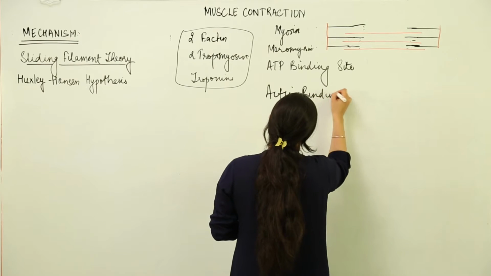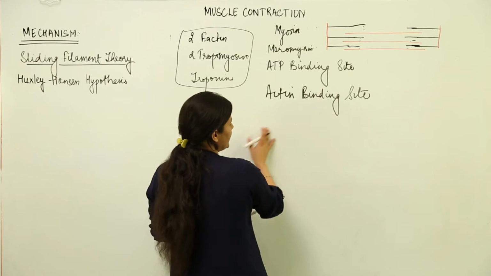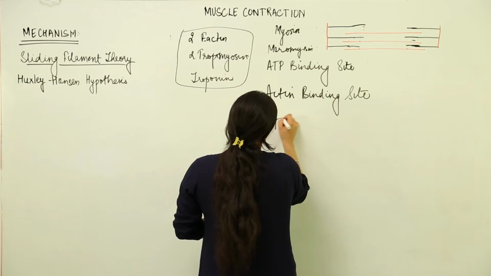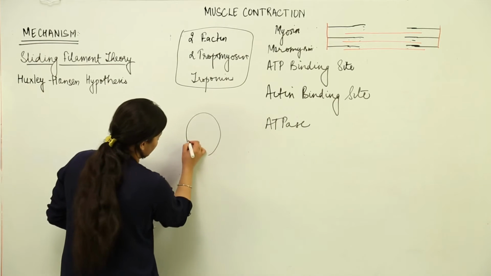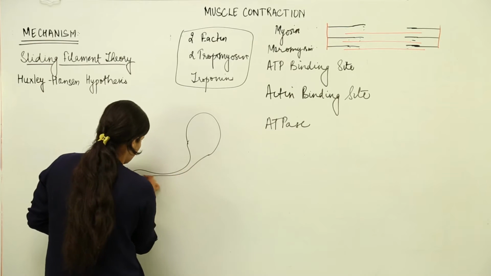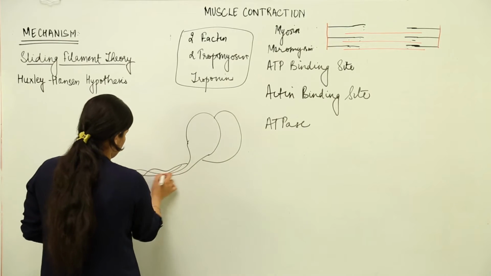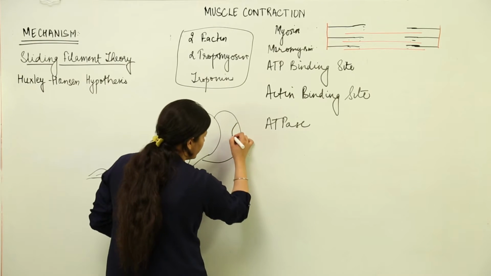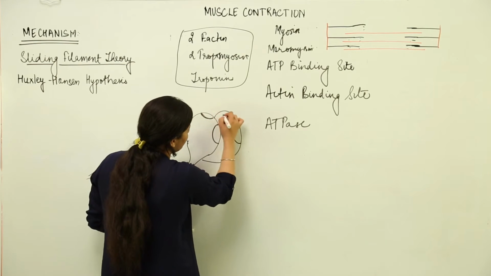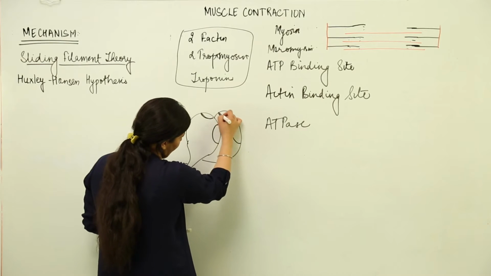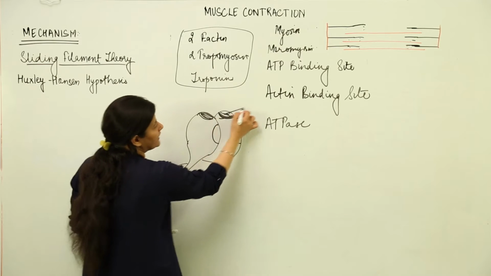Because now we are dealing with the mechanism of contraction, we have to see these aspects as well. There is an actin binding site, and apart from that there are ATPase sites which are present. So recall the structure. It was a snake-like structure, something like this. It had a head, and there was another head, another molecule that was something like this. This was the ATP site, and this was the actin binding site. If we have not discussed it earlier, please remember the upper part happens to be the actin binding site.